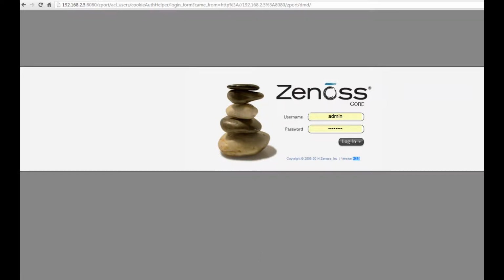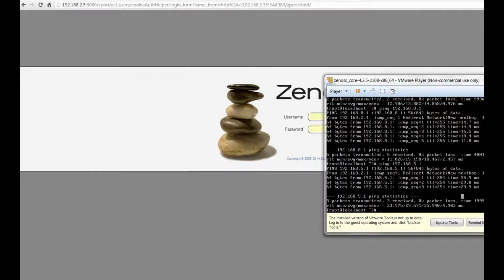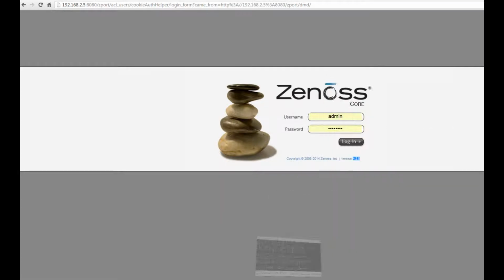So as I said, the virtual machine, there's nothing to configure in the virtual machine. You simply start it, and then when the virtual machine is started, whatever IP address that you've specified in your virtual machine is what you will specify as the URL to log into Zenoss. So I'm going to go ahead and log in,